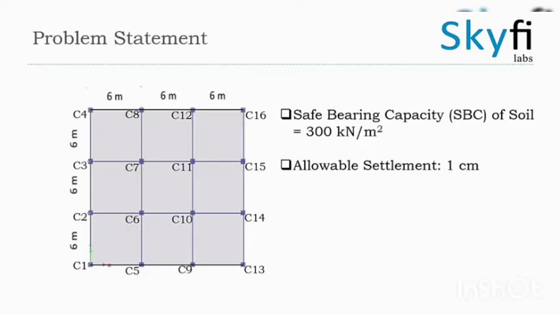Today we are going to explain the design of the footing on the SAP software. We are doing the mat foundation over here. Here we can see that our plan is 18 meter by 18 meter containing 16 columns of various sizes and various loads, dead load and live load, with a safe bearing capacity of the soil of 300 kilonewton per